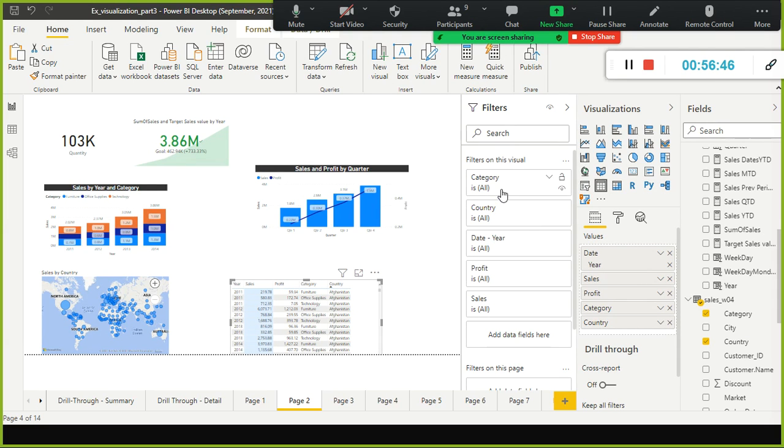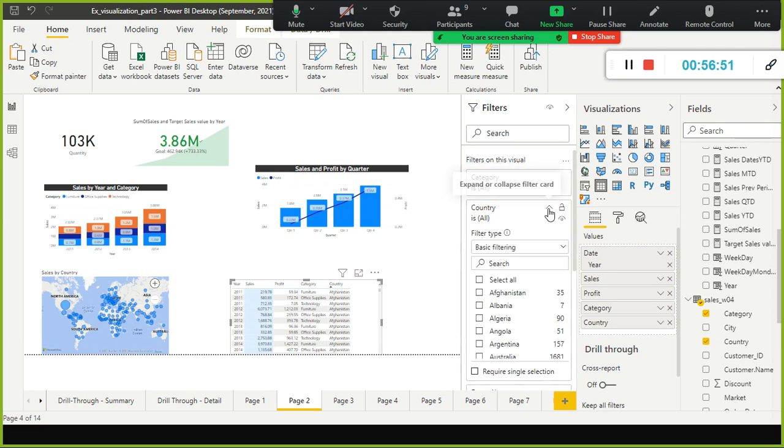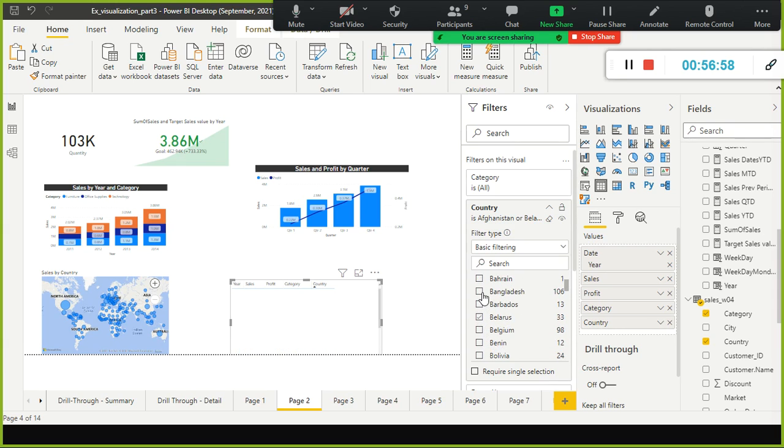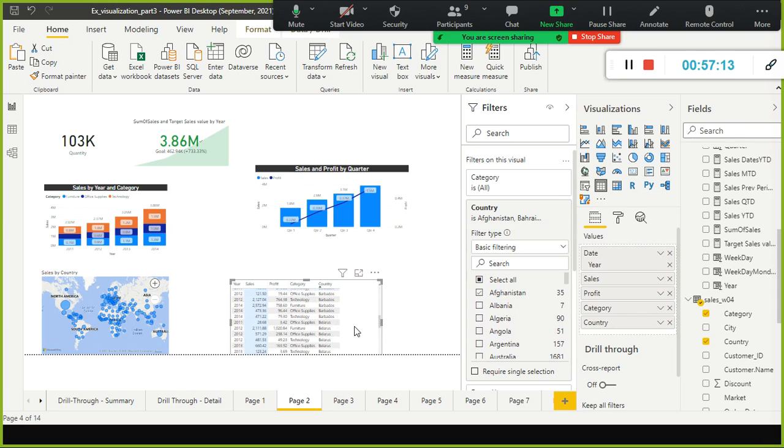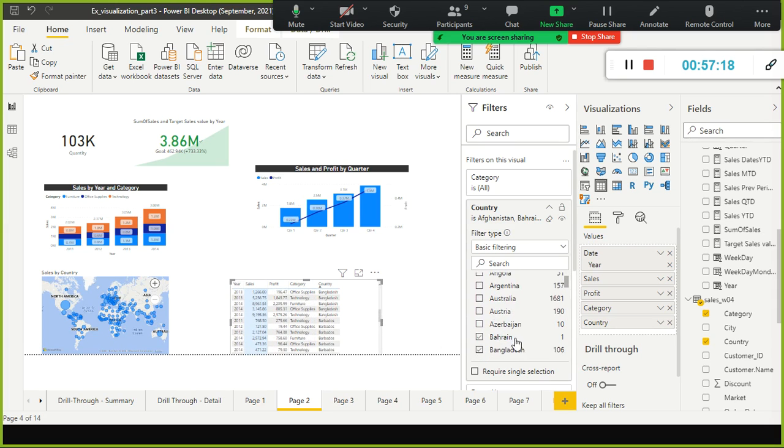Here, if I look, country is there, and I select Afghanistan, Barbados, Bangladesh, Bahrain, Cameroon and Cambodia. That's all. See, I applied the filter on this visual. You can see Afghanistan, Albania, and Bangladesh also. Did I select Bangladesh? Yes, Bangladesh also I selected.